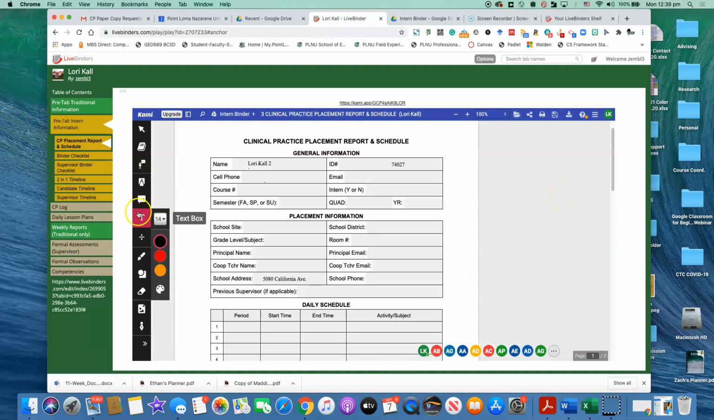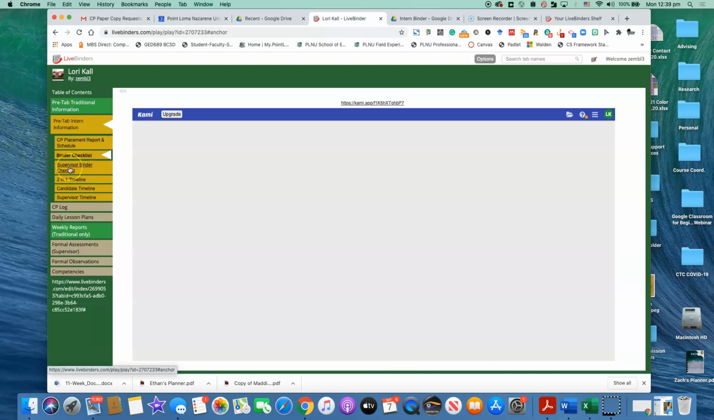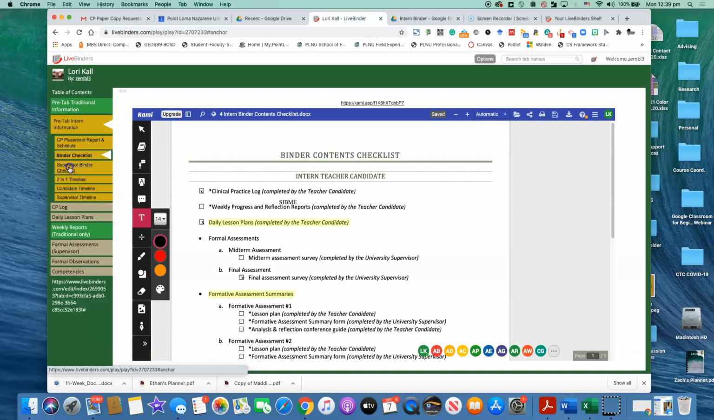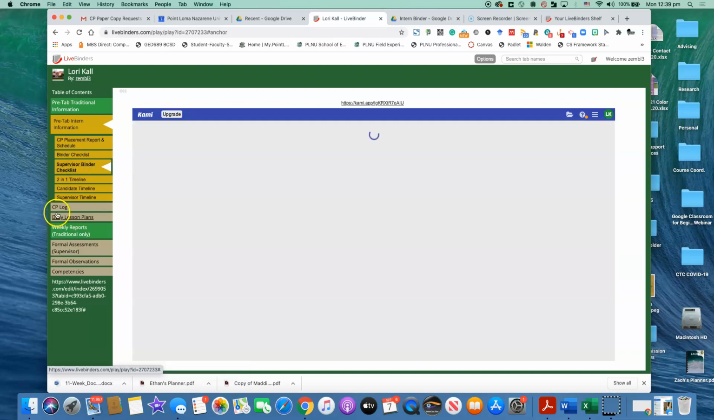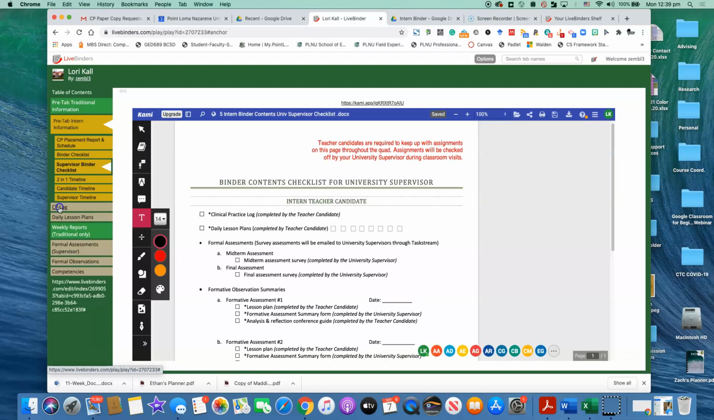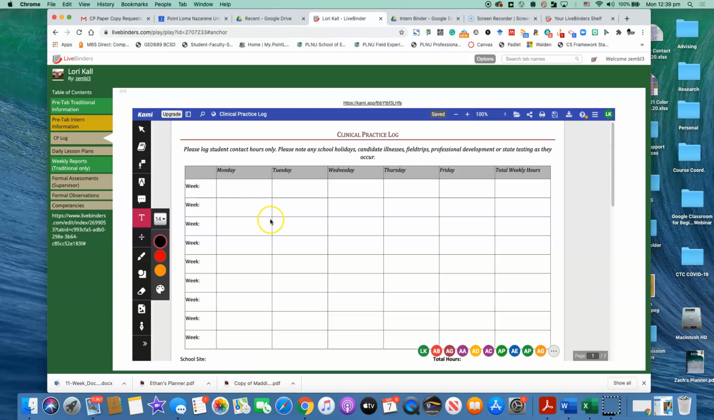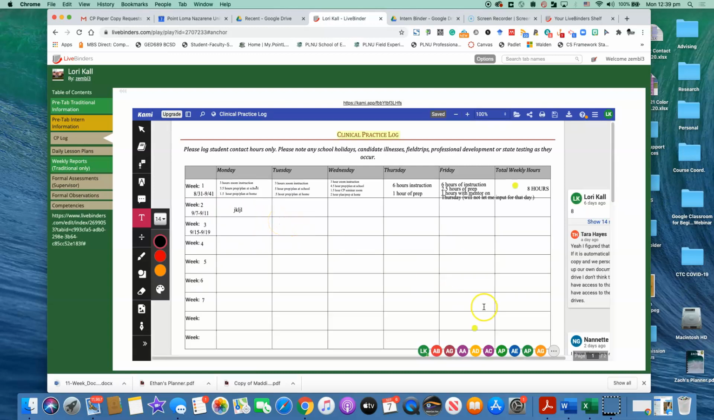Now when it comes to mentors, well, let's actually go back and forth between this here. Remember, candidates, you need to share this binder with your mentor. So once you fill in these documents and you complete these as you go, you're going to be completing these throughout the quad. For example, I'm going to switch over here to the CP log. I'm likely going to see someone else is typing in that. Yes. So if I click out of each of these,